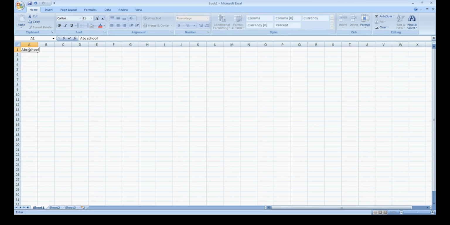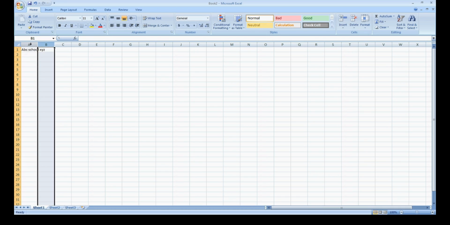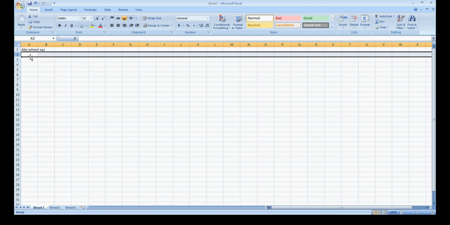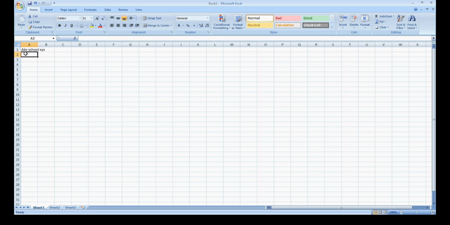and a place name. Let us take that X, Y or Z. Now as you can see, the XYZ is in column B, so don't worry about that. We will fix it later. Okay, so this is the school name. Let it remain in the first row itself. Okay, so now, starting the second row, let me take here the serial number or the roll number of the